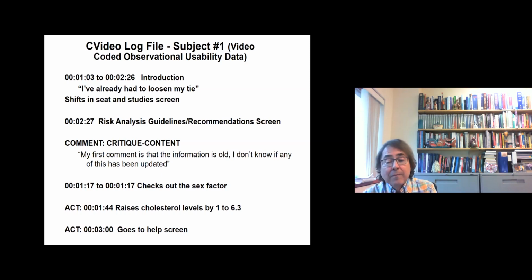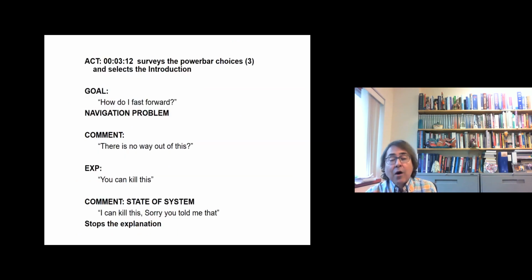We could follow through what them raising cholesterol levels that the video I could show you. Okay, at one point in the interaction, the user says, how do I fast forward? You're stuck. Bingo, that's where we put in the category navigation problem. So what we're doing, and we can even get into a rate of reliability on the video coding, is marking where issues come up. With this approach, we use with many projects. We could even get stats on how many navigation problems are there in module A or module B, and zeroing in